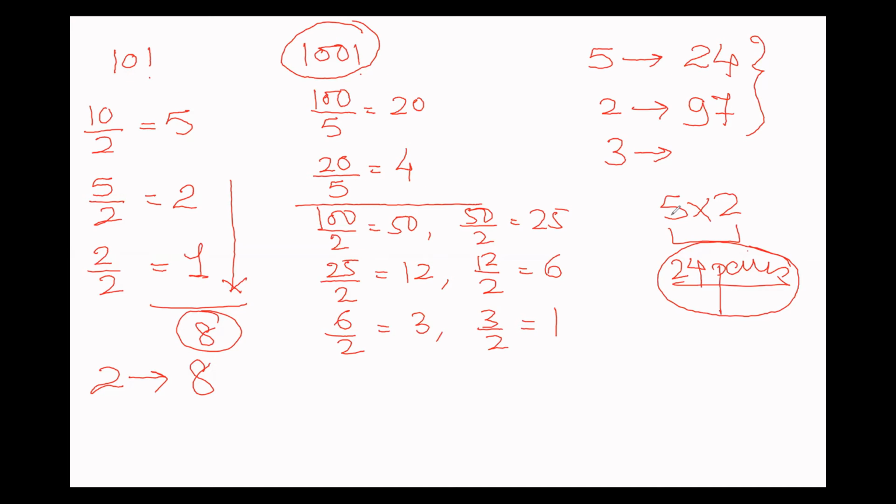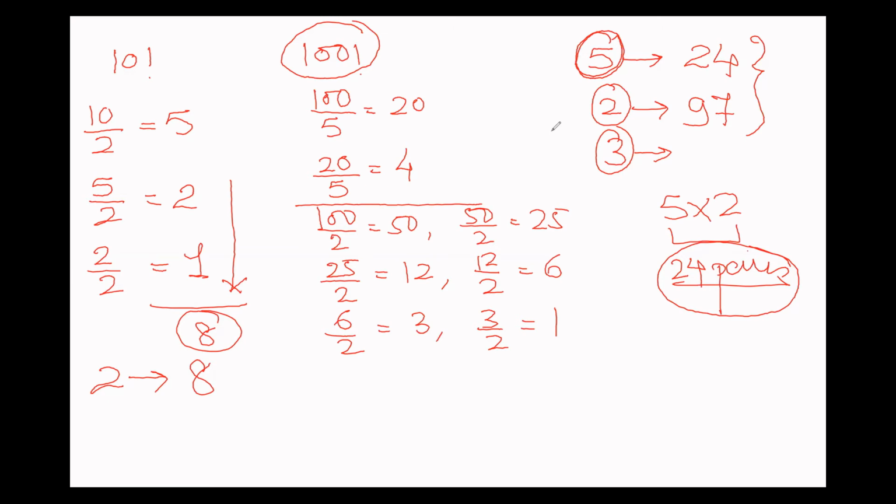Remember one thing, whatever rule that we are using will be valid only when you are asked to find the number which is a prime number. I want to find out the number of 5's in 100 factorial. 5 is a prime number, 2 is a prime number, 3 is a prime number. If somebody asks you to find out the number of 15 in 100 factorial, I cannot simply start dividing it by 15. We will discuss that concept in our next session. So this is what you should remember.